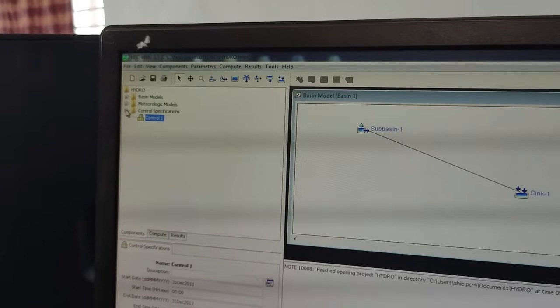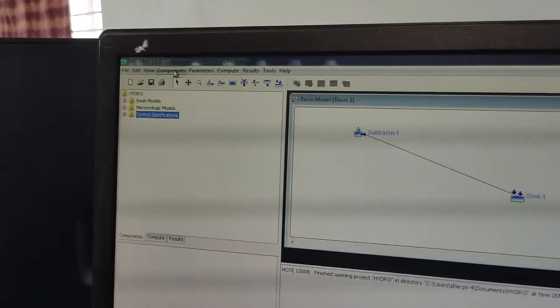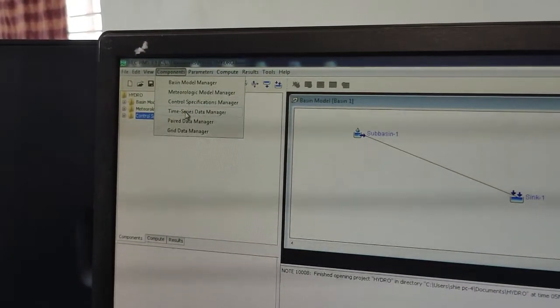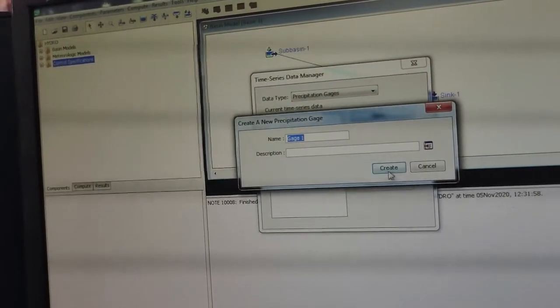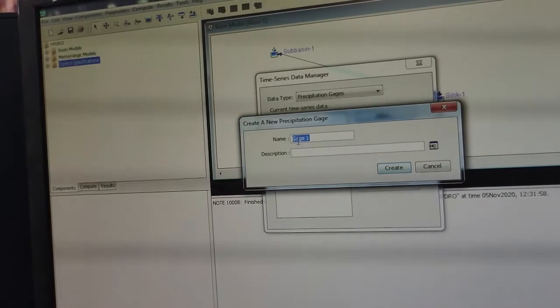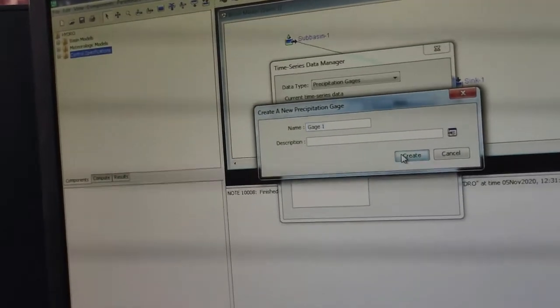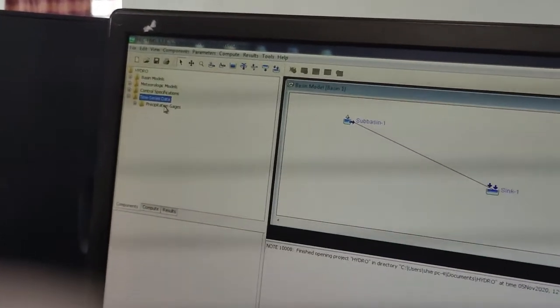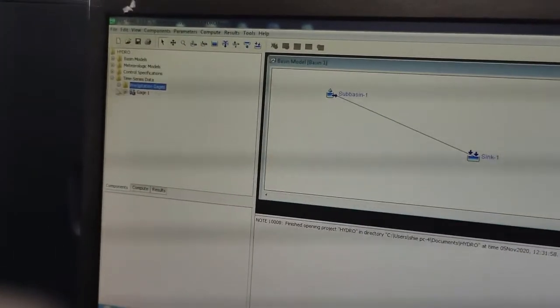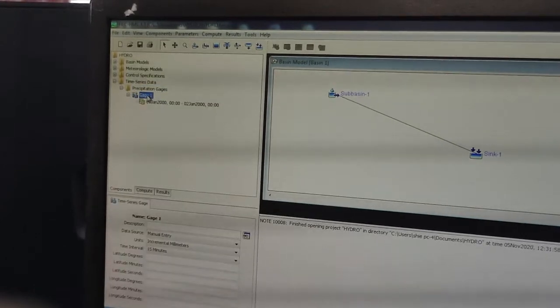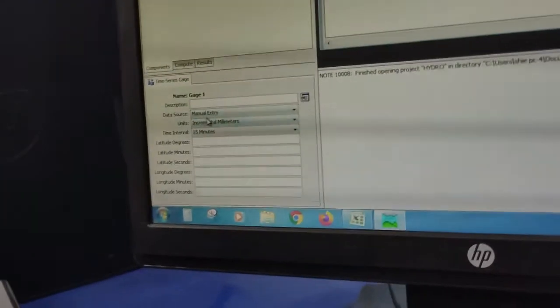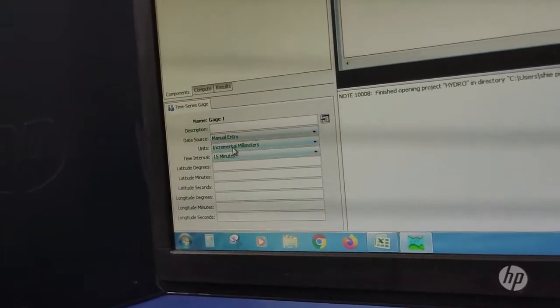Next component is the time series data manager. We have created one for the precipitation purpose; gauge 1 is the name. Double click on the time series data, precipitation gauges. We can see gauge 1 is created. Now the data source is manual entry, incremental millimeter.